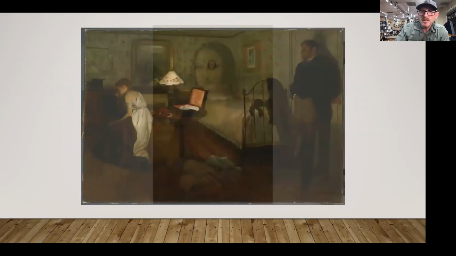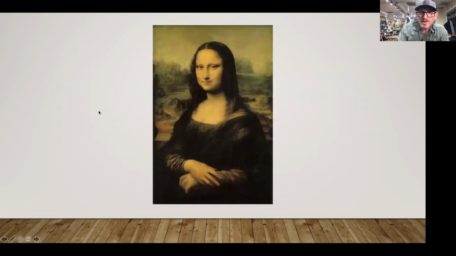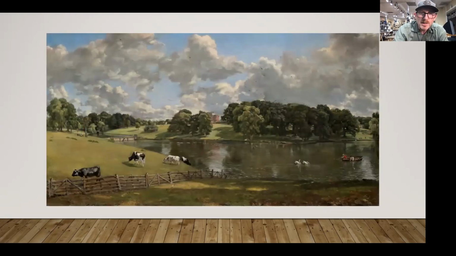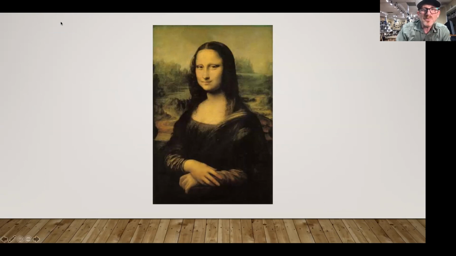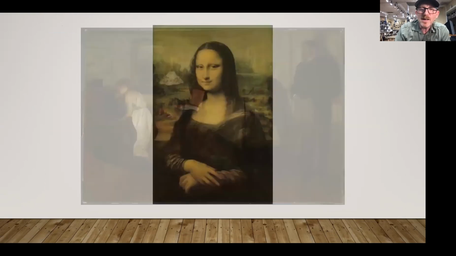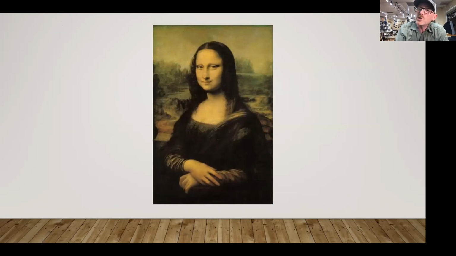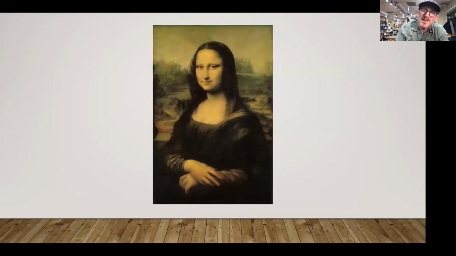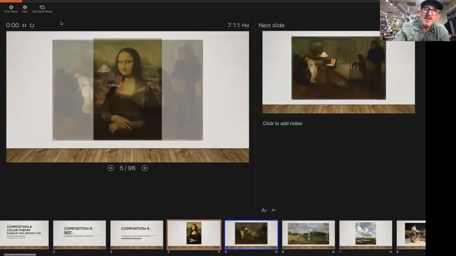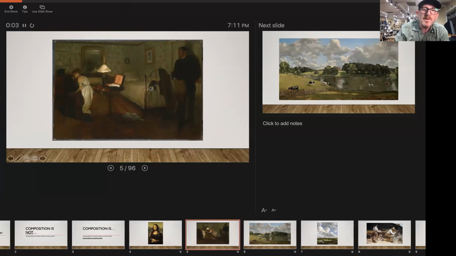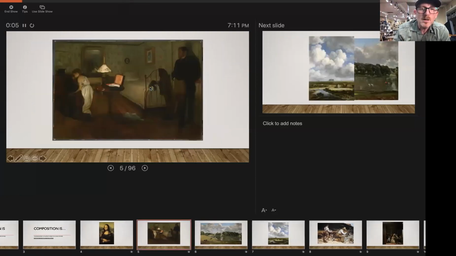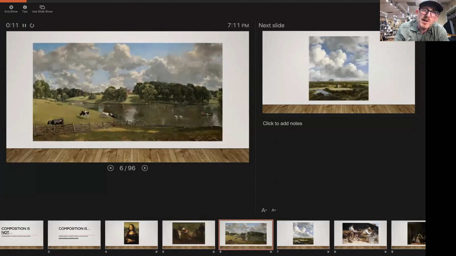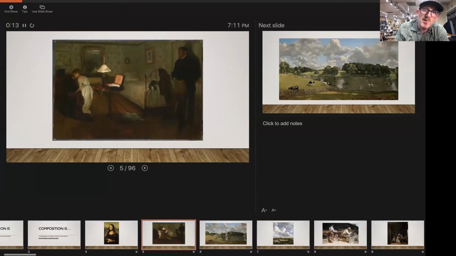Wait a second. Well, what about if we want to, let me slow my slides down here. What if we want to, oh my gosh, why is it moving ahead? So we've got the object directly in the center and it works just fine. Would you say that that's an okay painting? But if we want a composition where the object is not in the dead center, we're going to create better atmosphere, better mood.